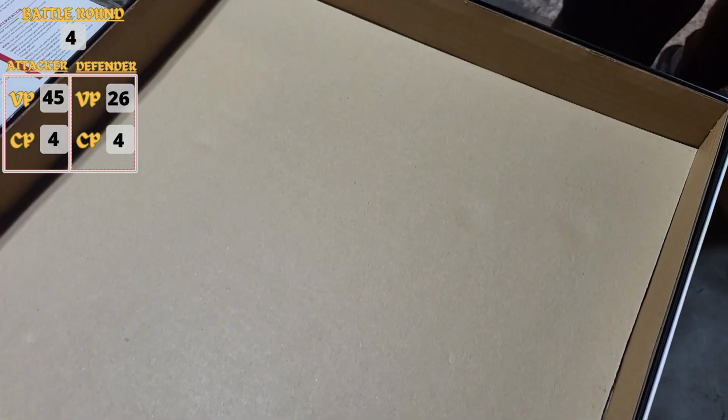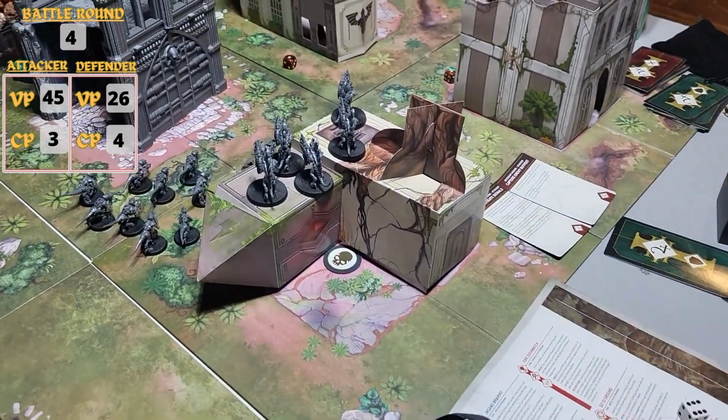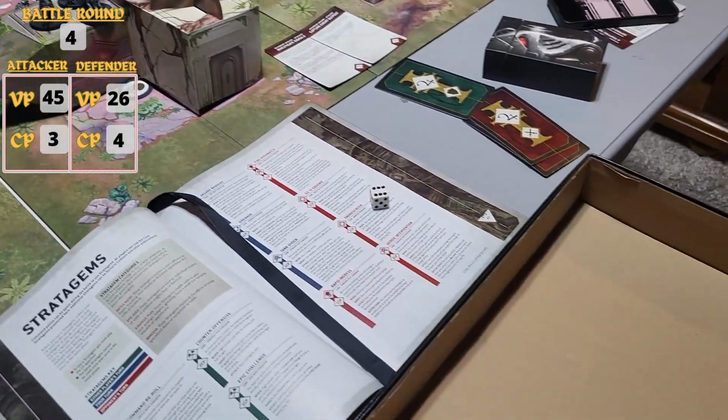You got CP to try to keep him alive. Oh, he survived! He survives with 1. Whew! Okay. That is scary. Now you get a strike back. All right, so...